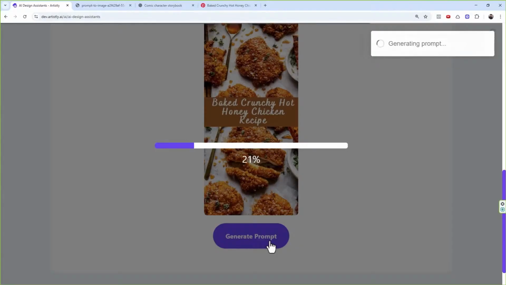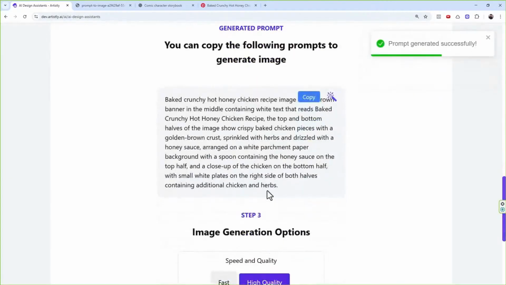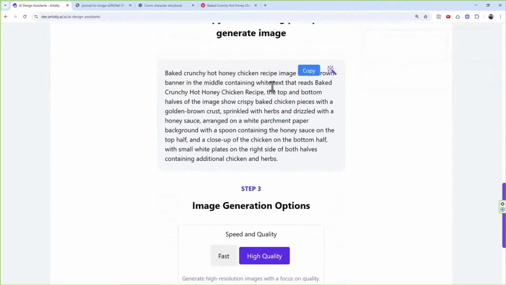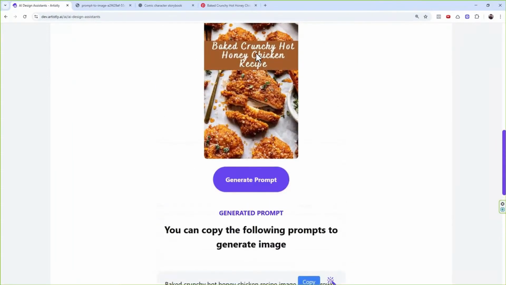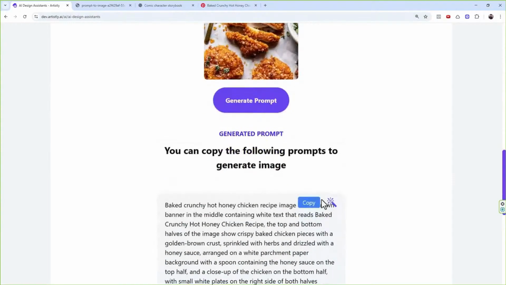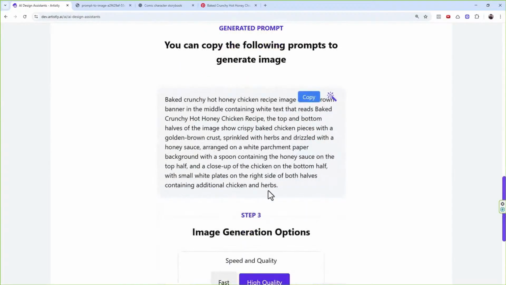So you don't have to manually do the process, and then it's going to say, okay, you bake crunchy hot honey chicken recipe. So it's going to give you this prompt. You can go ahead with it and create your own variations with it.